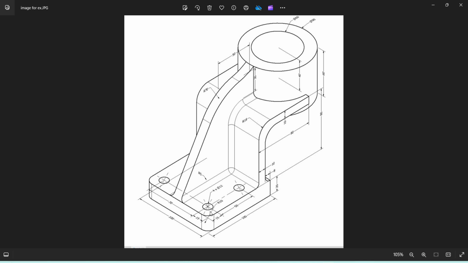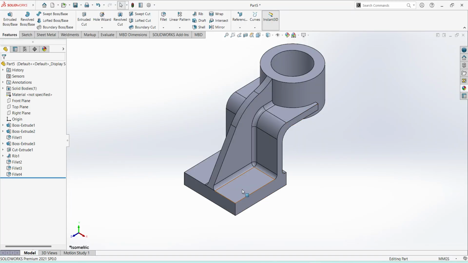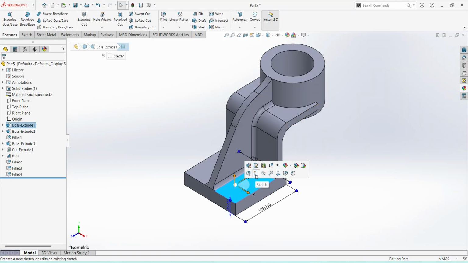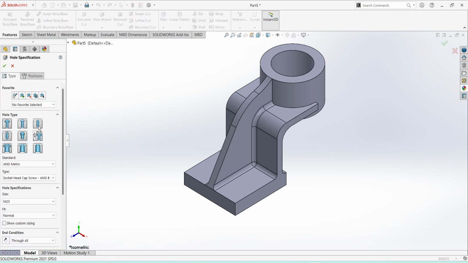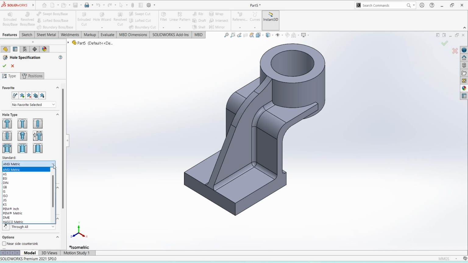Next, the holes are pending. Hole diameter is 12, 4 holes. Pitch is 15 from the sides, 50 and 70 mm pitch. Select this surface, or we can do it with the hole feature also. Select hole, ANSI metric, or we can select ISO.